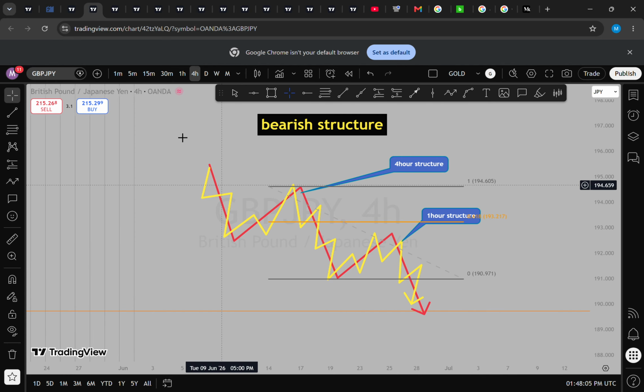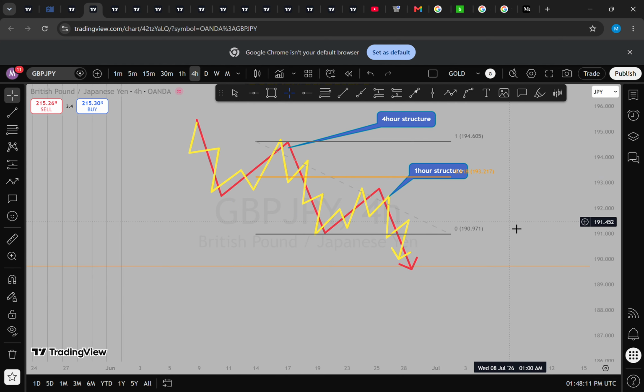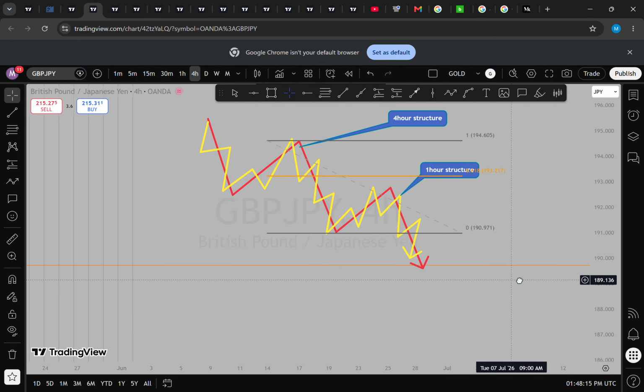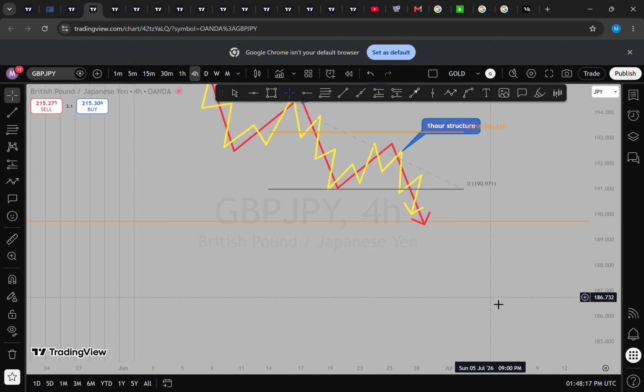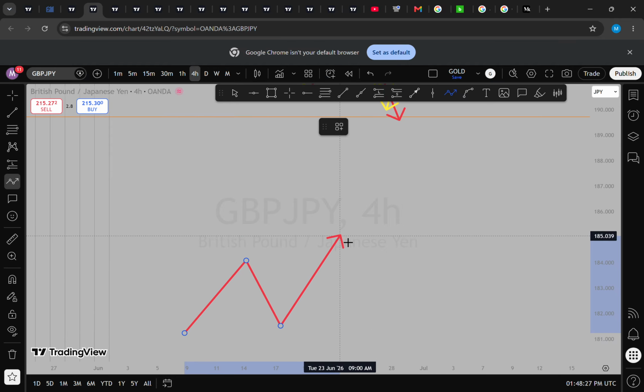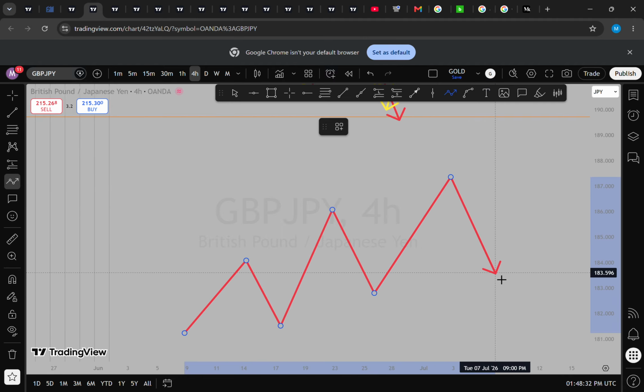So without wasting our time, let's go to the ray chart so that we can identify. Okay, before we go, this is just a bearish structure. The same thing happens on a bullish structure as well. Say for instance we have a bullish structure in this way. See, we have a bullish structure: higher high, higher low, higher high, higher low,